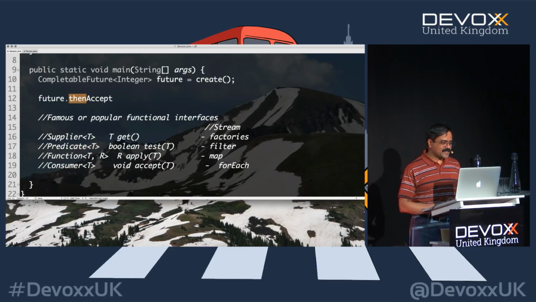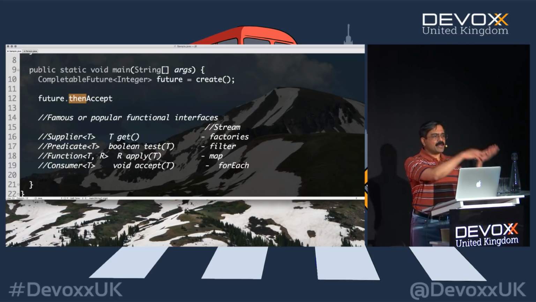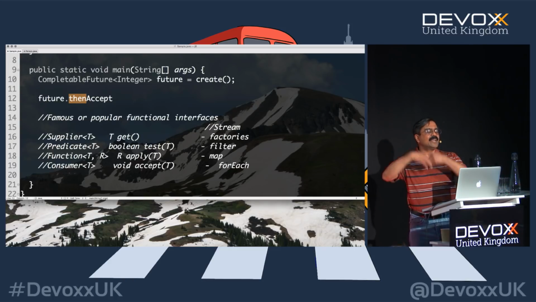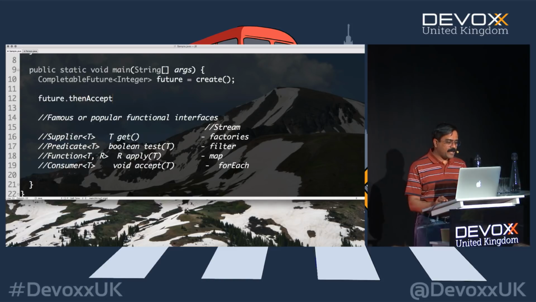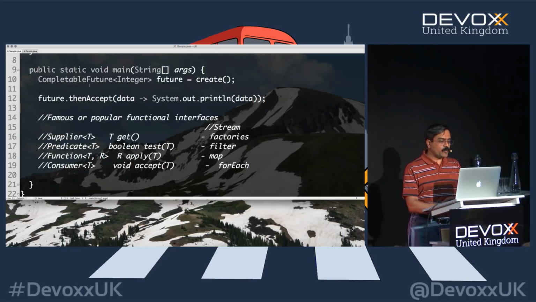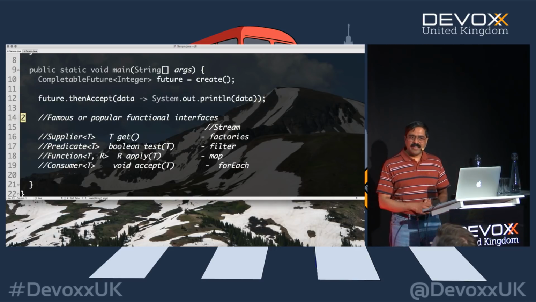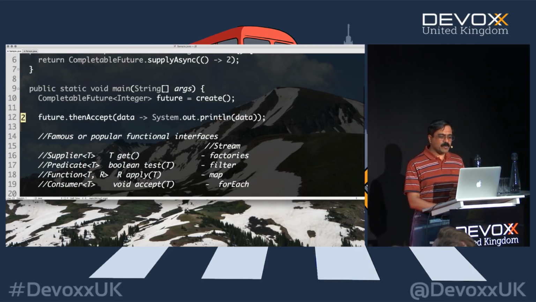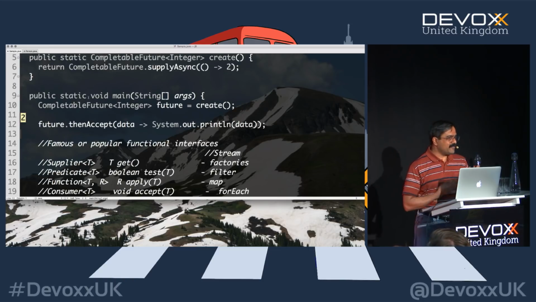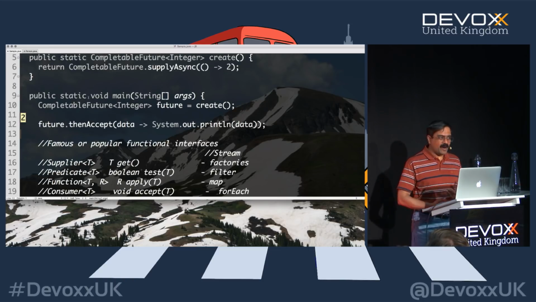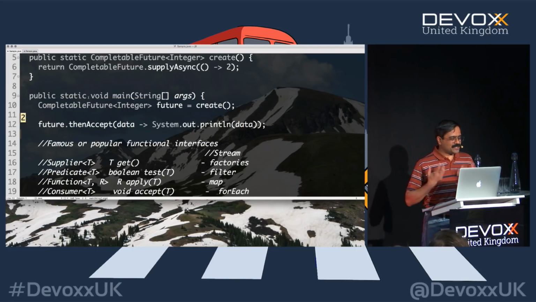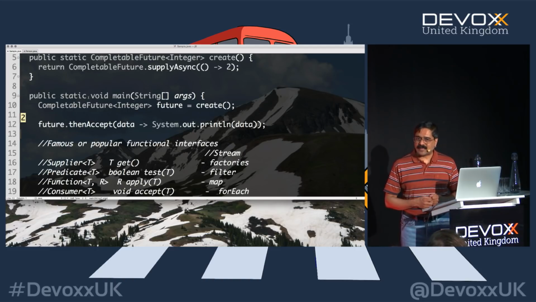So it's a thenAccept, meaning I have a future object. When the future resolves, then accept the result given by it. So what do I want to do here? Given the data, I want to output the data that I have received from this then, and that's basically what we are trying to do here. And notice it printed the result 2. I know this is a really lousy example. All it did was print the value 2 from there, but nevertheless it helps us to really see the reasoning behind these APIs and interfaces so we can get a really good grip of what these methods really mean.